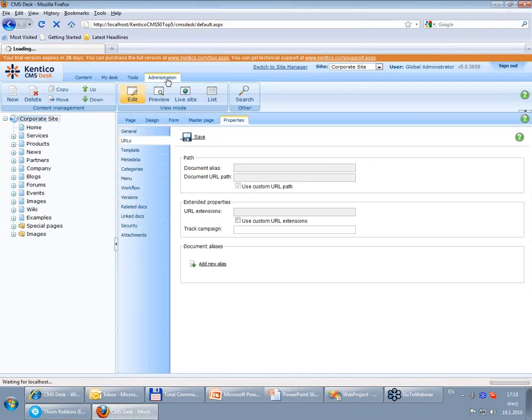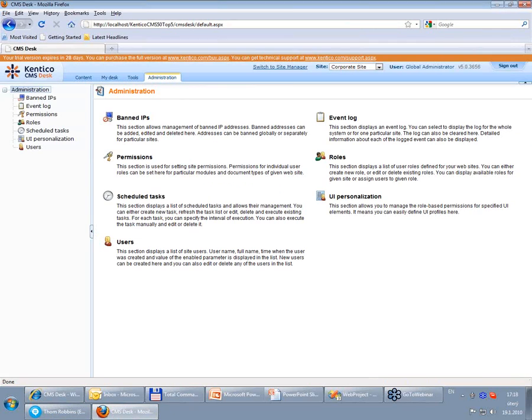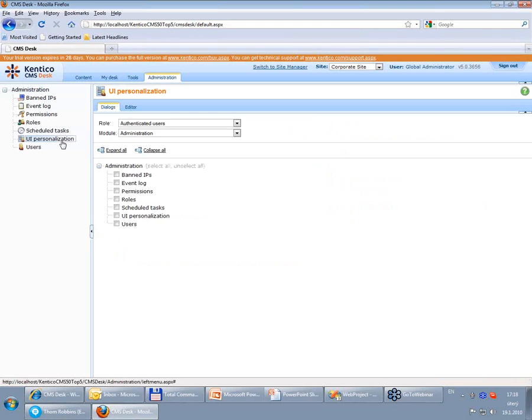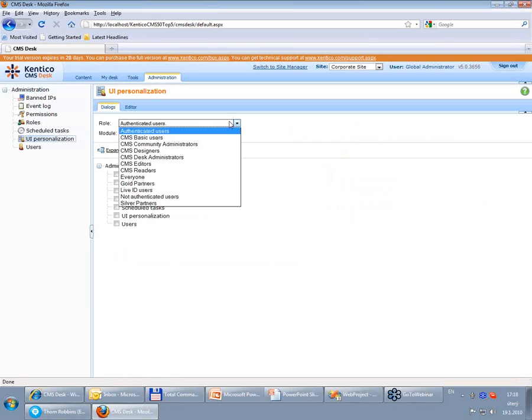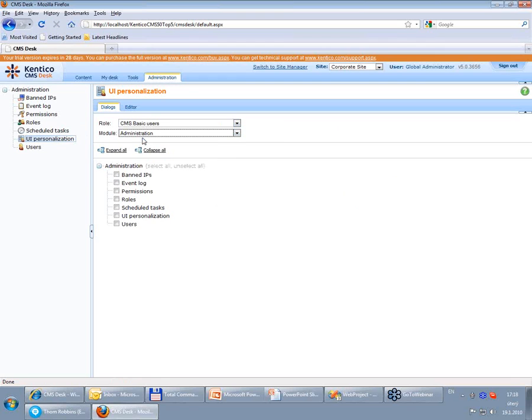So if I am there as an admin, I can see the path of the document, some extended properties, and editing of the document aliases, while Andy can see only the path properties. As the administrator, I can very easily go to the administration, select UI personalization. I can tell you my